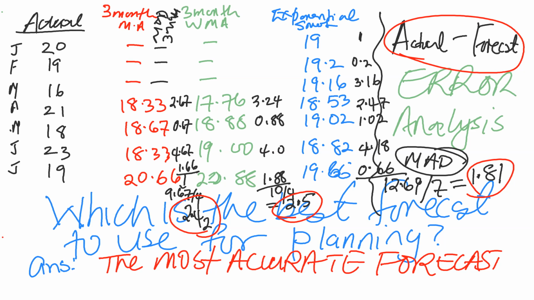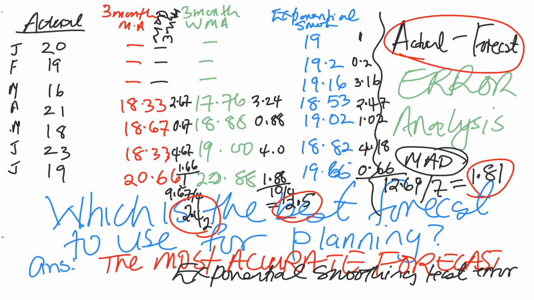So if these numbers in the circle represent error, then the smallest error is the most accurate forecast. Therefore, the most accurate forecast would be the exponential smoothing, because it has the least error of 1.81. And therefore, when you recommend to your manager what the preferred forecast is,